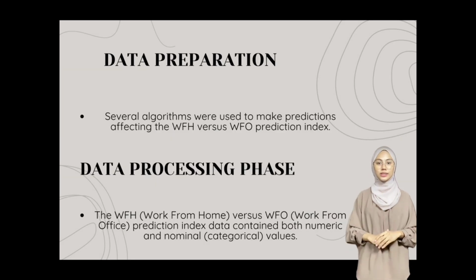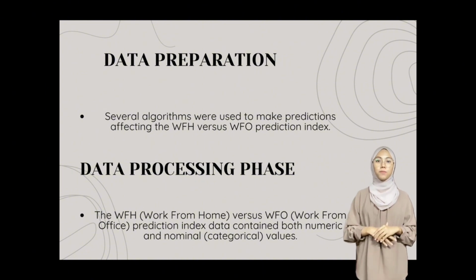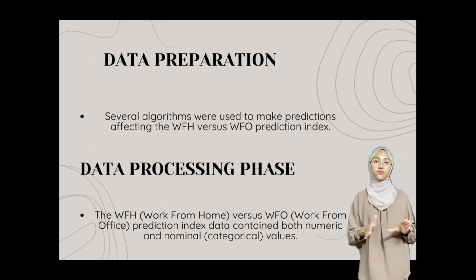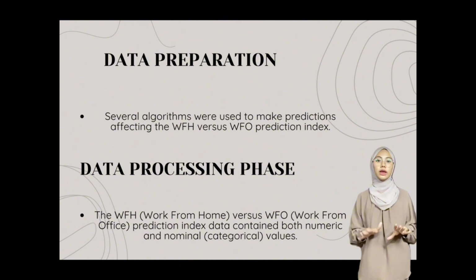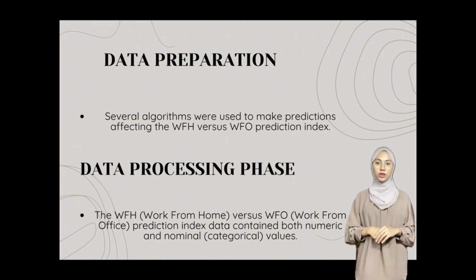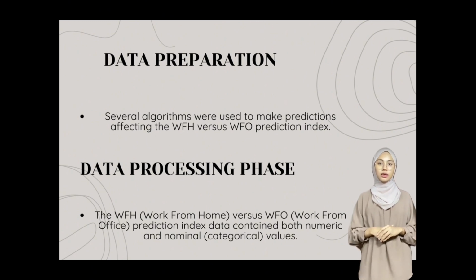Data preparation phase. The dataset initially contained 17 attribute types, but only 6 key attributes were selected and analyzed further. This filtering process was done to focus the analysis on the most relevant variables, removing any irrelevant or redundant information. The goal was to optimize the effectiveness and accuracy of the subsequent modeling and prediction tasks by working with a